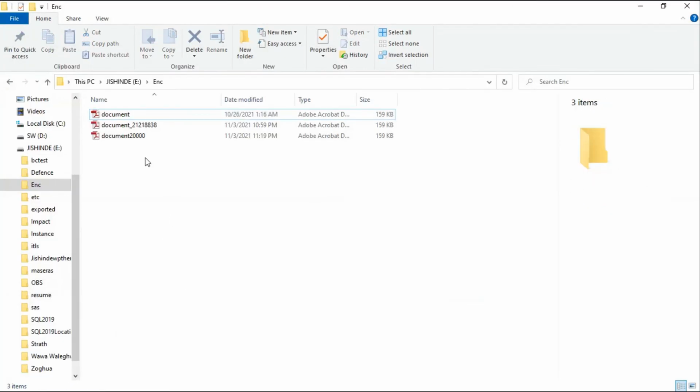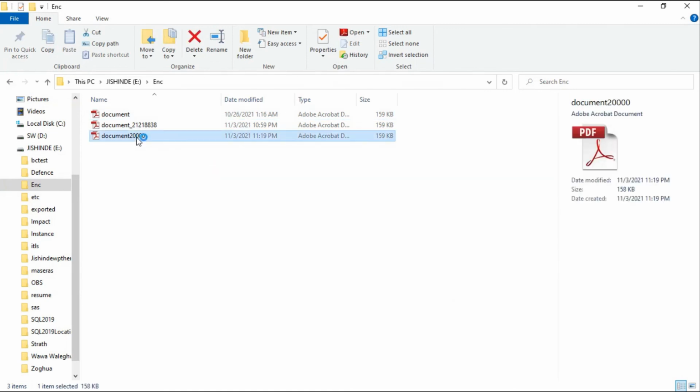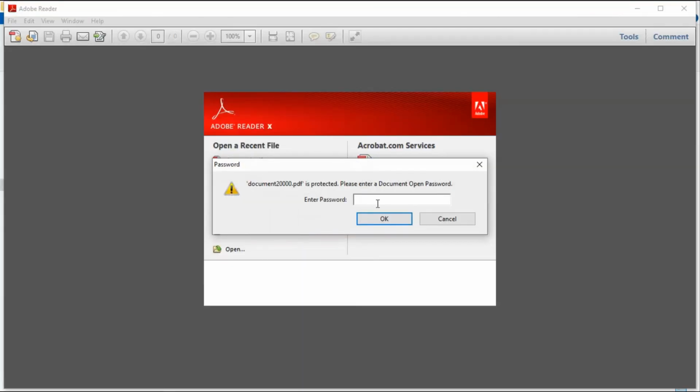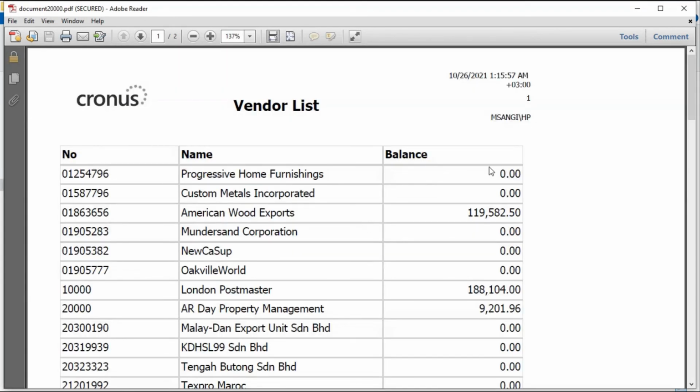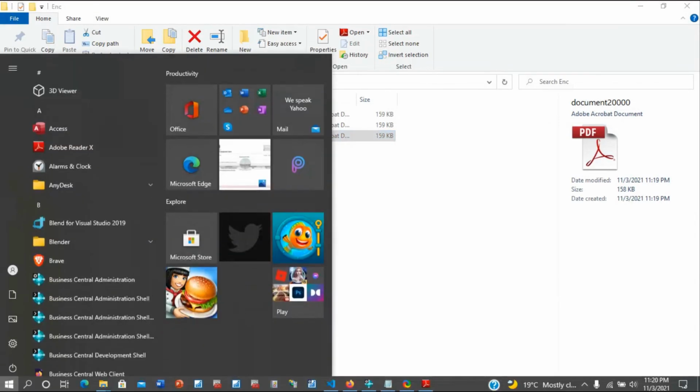But now here we are with our document 20,000. So when I open the document, it will prompt me for the password, since we have said it is 2123, and then we will open the document. Okay, that is how you can be able to use now the custom